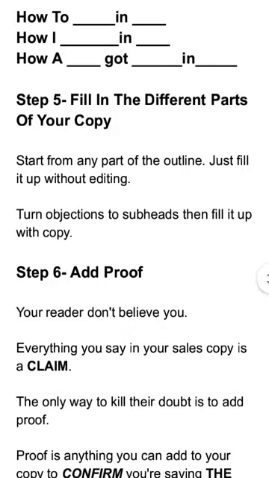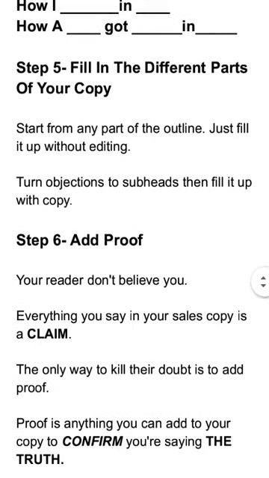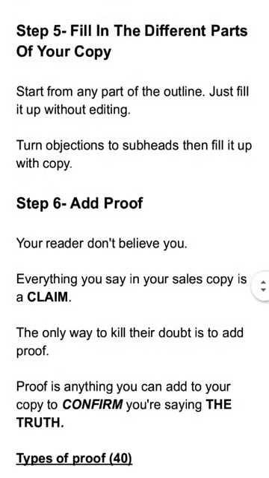Now, after you have filled up your copy, we are going to make a lot of claims. You're going to make a lot of claims in your copy. What is a claim? A claim is a statement or promise that you make that is not yet proven. Okay? So a claim can be, after you read this training, you're going to make $5 million in 6 months. That's a claim. You can say, I made $100,000 in 2 weeks.